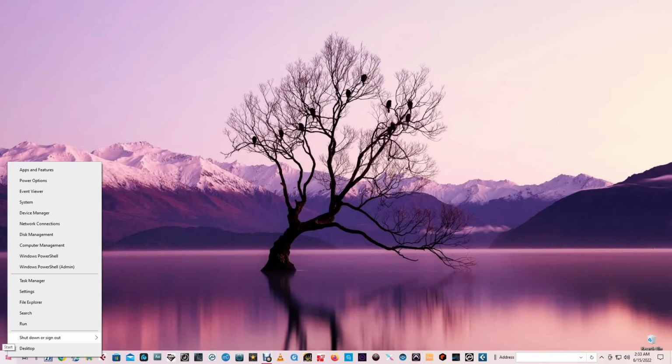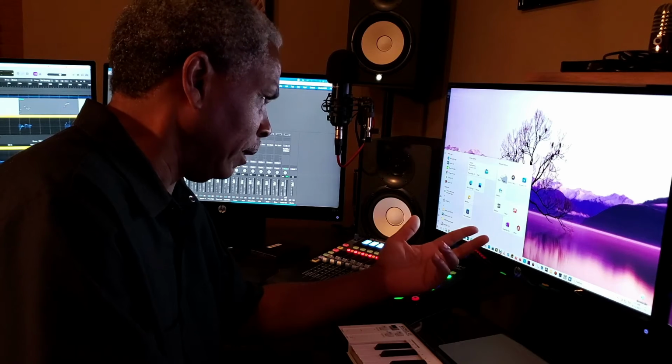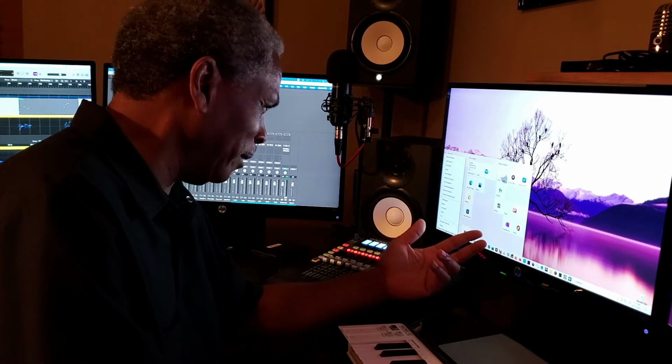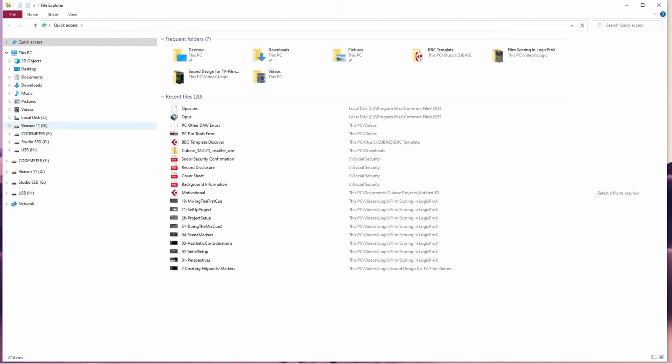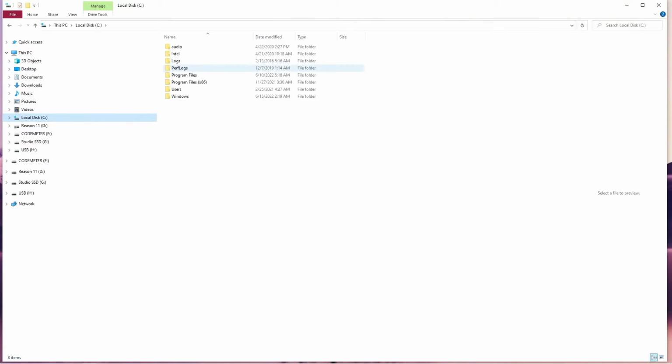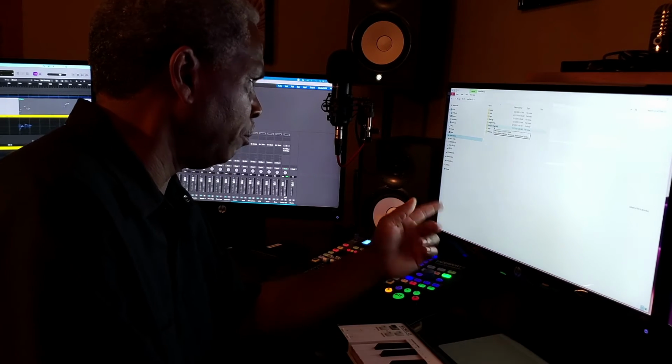And then you need File Explorer. Okay, so basically, I'm lost on Windows a little bit. I used to know Windows inside out. But File Explorer, and then you want to come to the C drive, and then Program Files. Older programs, older plugins, which really shouldn't even be working at this point on Windows 10 and 11. But you want to come to Program Files,